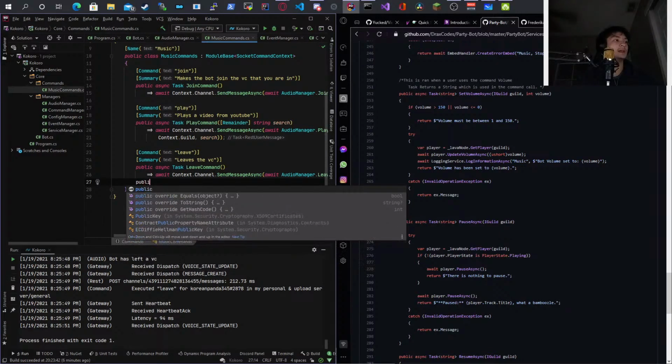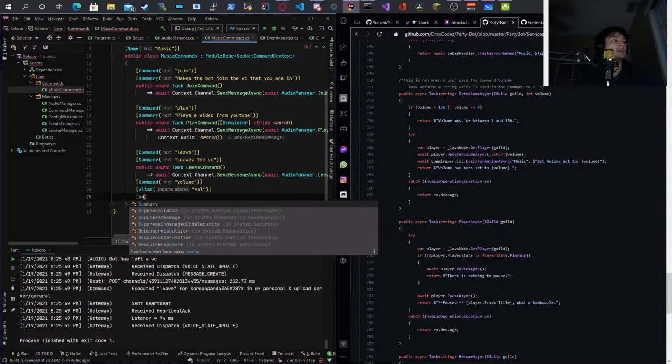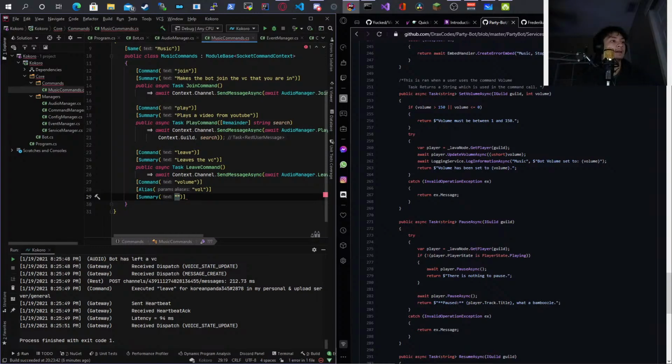Then we do a public. Well, first we need to do the command. It's going to be volume. I'm also going to have the alias, and then we're just going to call it vol. Then we're going to have there be a summary, not summary attribute, but summary. It's going to be able to change the bot's audio volume.